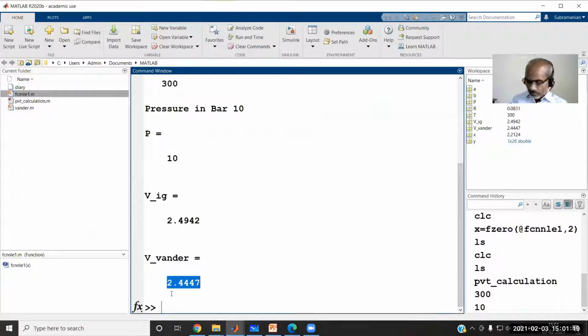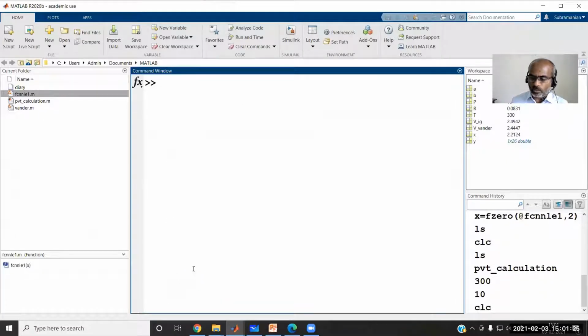Sorry, because I don't have my mobile nearby. Thanks for the feedback. I suppose the screen is visible now. Is my MATLAB screen visible? Yes, sir, now it is visible. Fine. Sorry, I missed some portions. Okay, so I'm going to a new script.